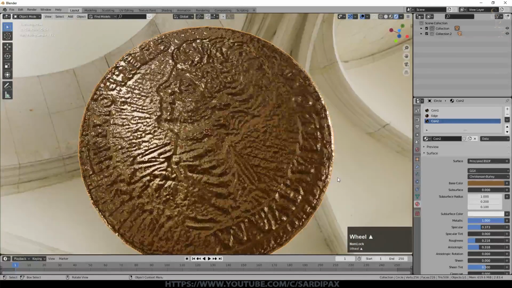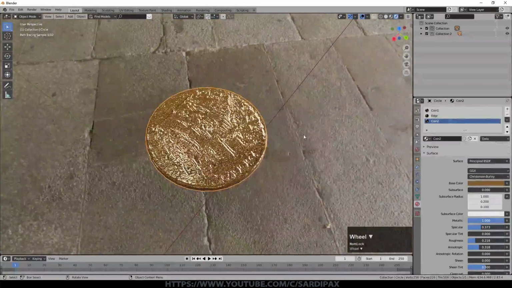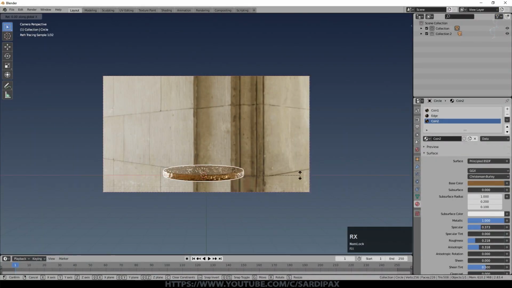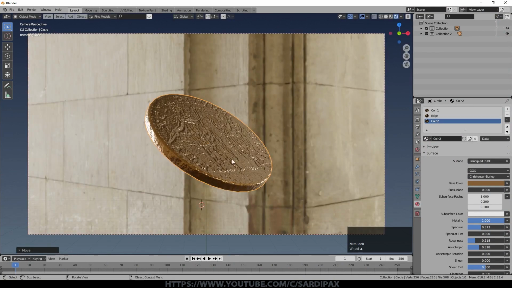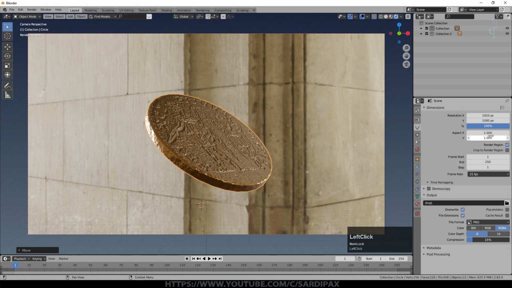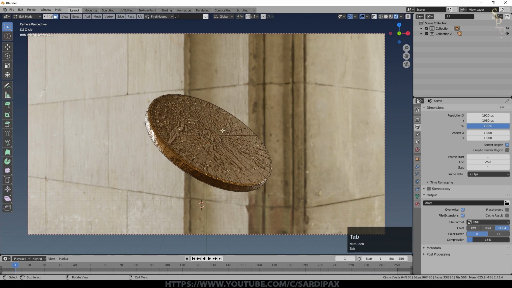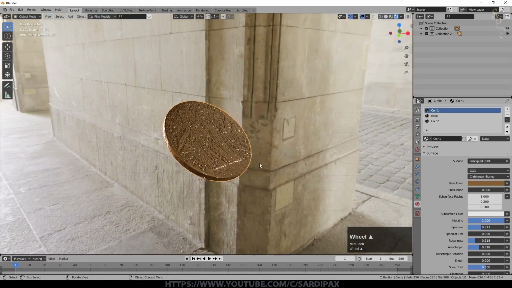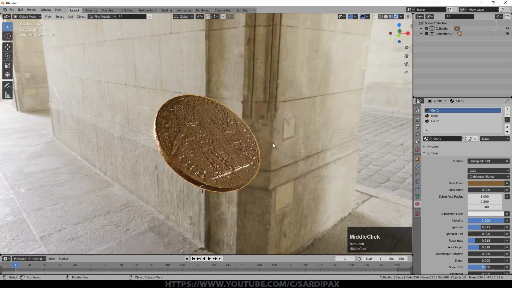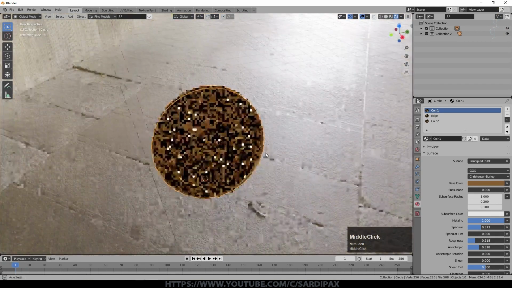So you can see we now have a coin with heads and tails. If I rotate that a bit, there you can see it. It can be a bit difficult to see very shiny objects quite well. And we've got a bit of a rim there. We could probably extend this material out slightly just to take it further, and it would need UV mapping as well. But essentially that's how we use a normal map in order to create a coin.